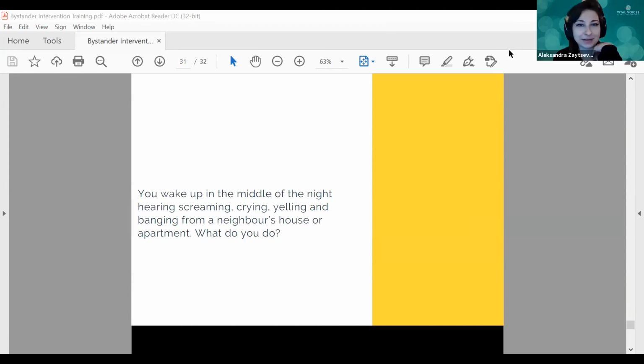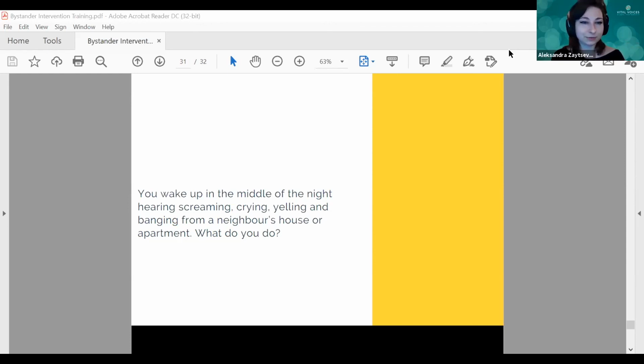We didn't delegate, but I can just jump in and share. Sure. So we thought about this. First, we would just listen carefully and try to assess what we can tell from what's going on. There was a mention that with COVID, there's a lot of house parties. You don't know necessarily, but trying to understand a little bit better how urgent or serious the situation is. And then we went through